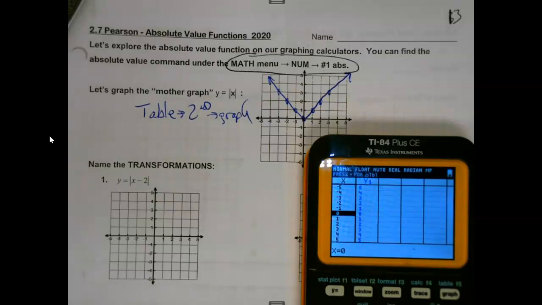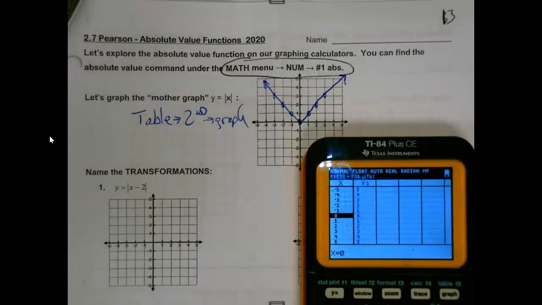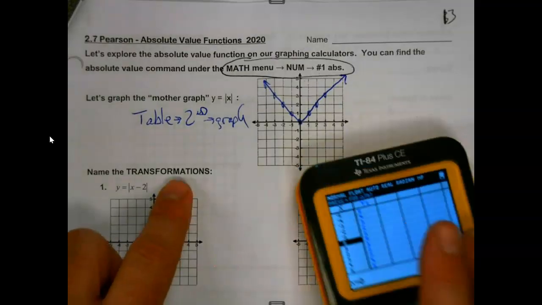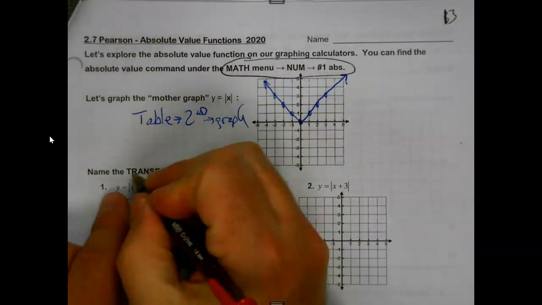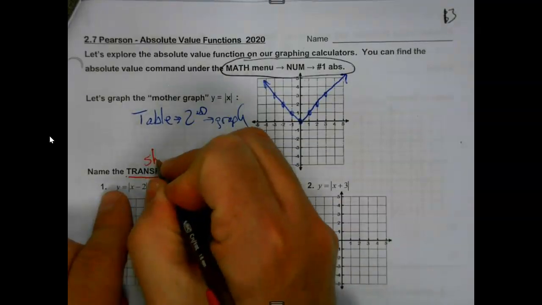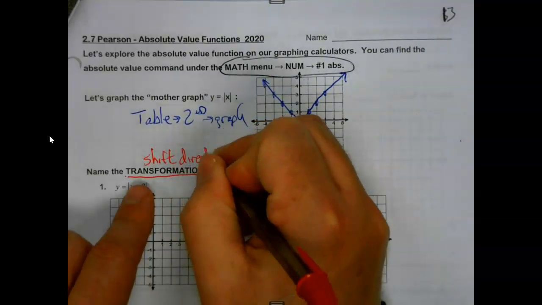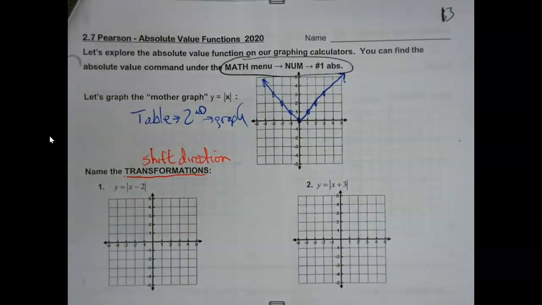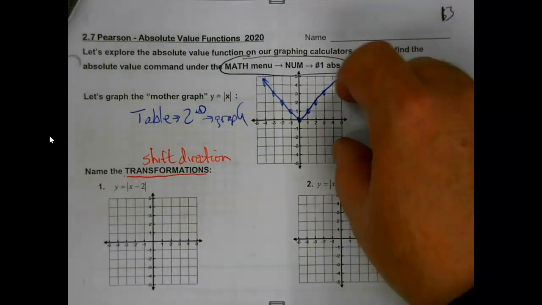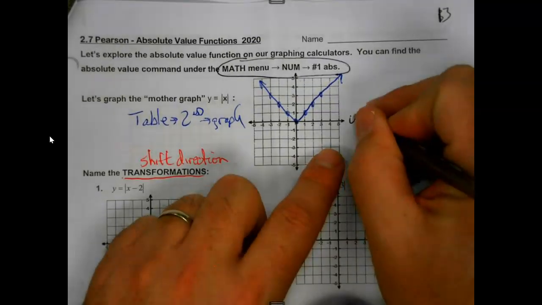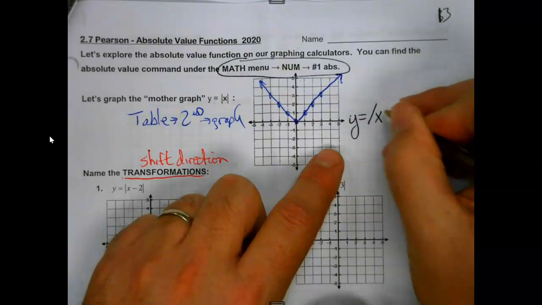But here's the thing. When we get down into these, you're like, wait a minute. What's that big old word? Is this like the movie? Like we're going to do Transformer stuff? No, transformations is just a fancy word of saying which direction are we going to shift our graphs as we go. So what I'm going to do here for you is over in this side, I'm going to show you where all the transformations are and what they look like. So hopefully as you're doing these, it'll be a little easier to work with. So just stick with me,